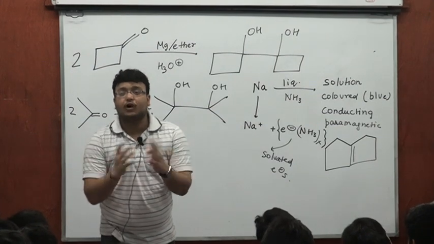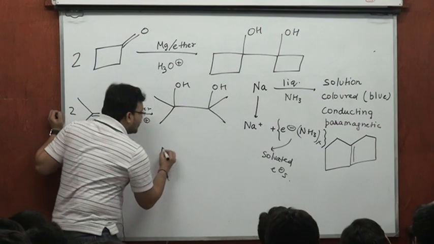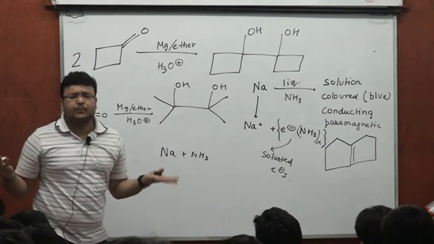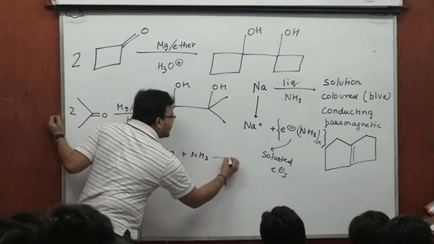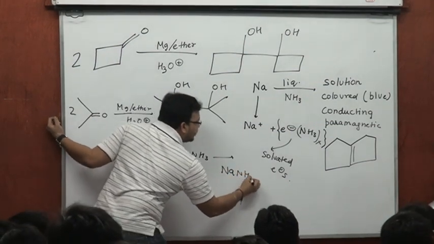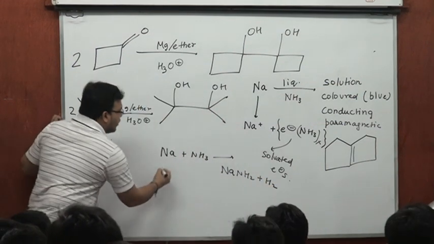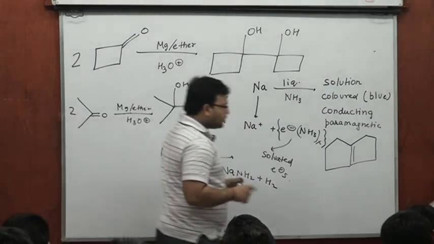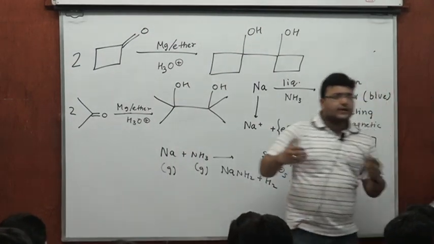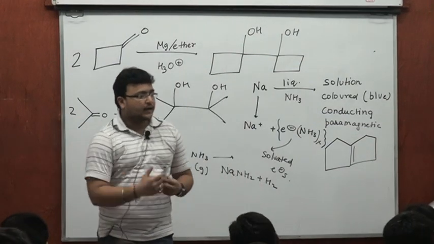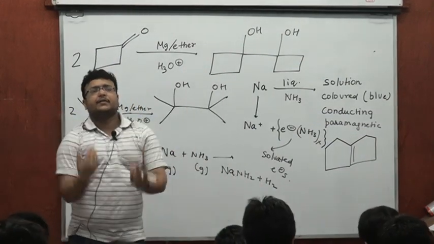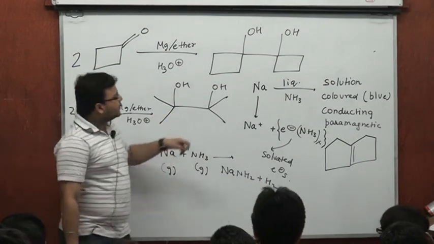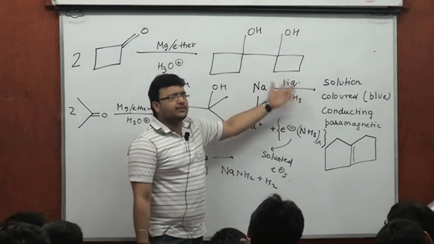Now all of this would have been absent if sodium had reacted with ammonia in gaseous form. Take out the solvent factor, take out the polar protic solvent factor. Let all of this be gaseous. You see a chemical reaction, sodamide and hydrogen. So you realize that solvent has a role to play, and depending upon the presence or absence of solvent, a metal can behave differently. In liquid ammonia, sodium gives you a solution of this form.